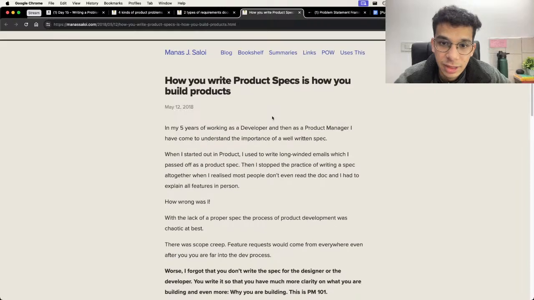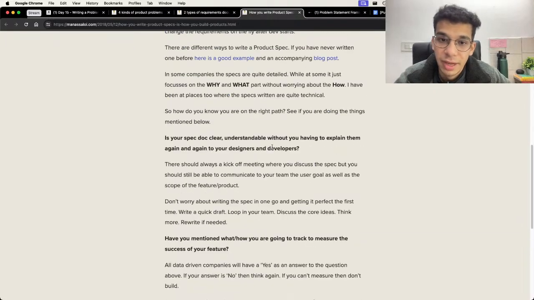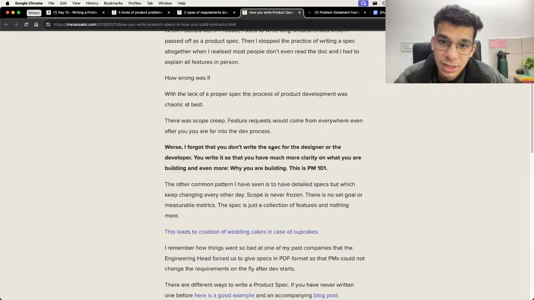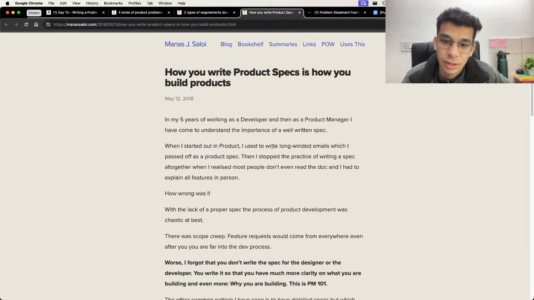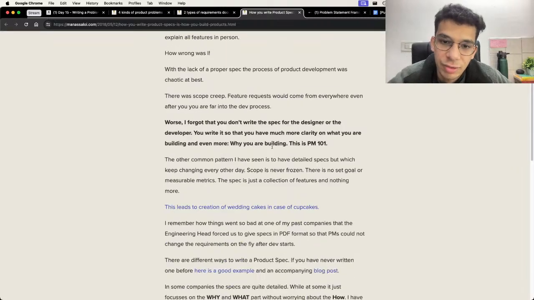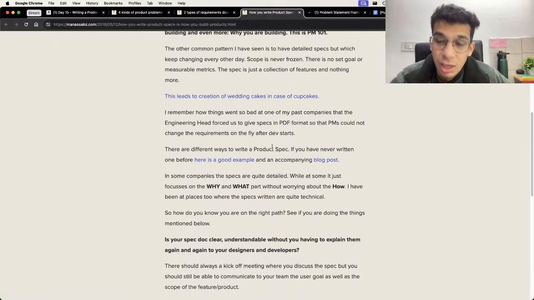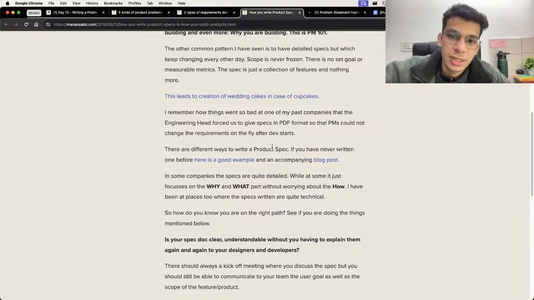This is another extension of the product spec we have shared and discussed, on how, as PM 101, you always have to ask why. Why do we really need this? If we really need this, okay, what do we need to do this? Do we just have to add X feature or X enhancement, or do we need to think from scratch? If scratch, why? Can we leverage something out of the box or something from external resources, or do we have to build it in house? So this is the process that you can follow.